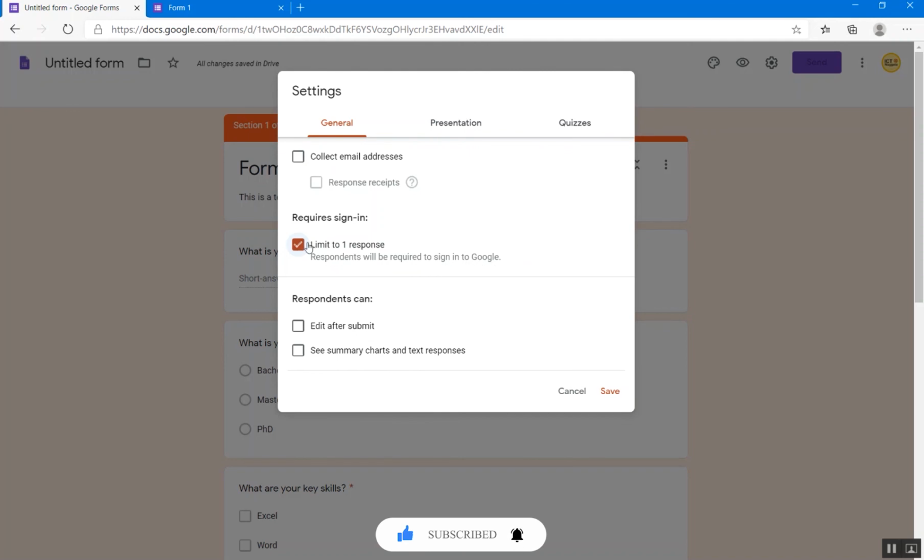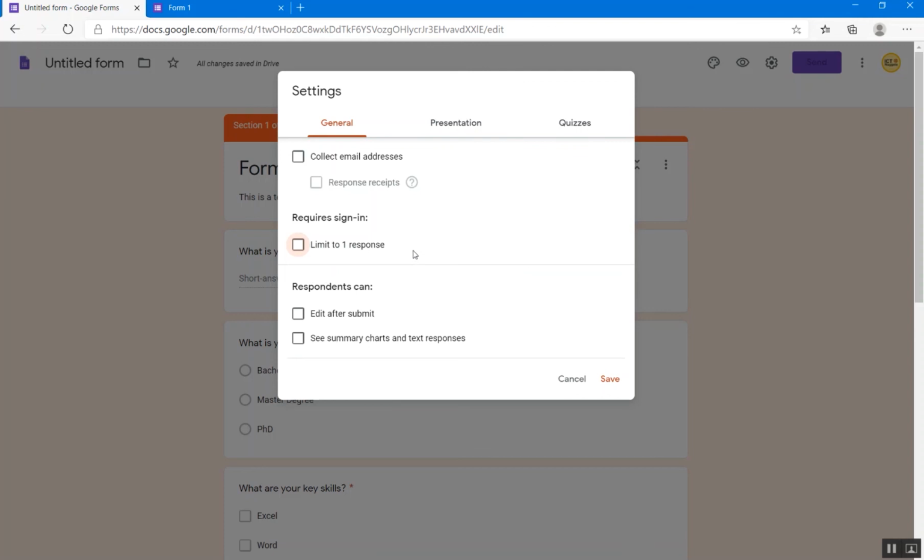If you don't click on that, they don't need to sign into a Google account to respond to your forms. So generally people prefer not to check this option, so that anyone can access the form and can submit their responses. And there are other options.